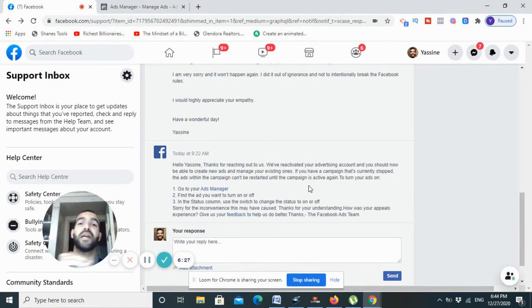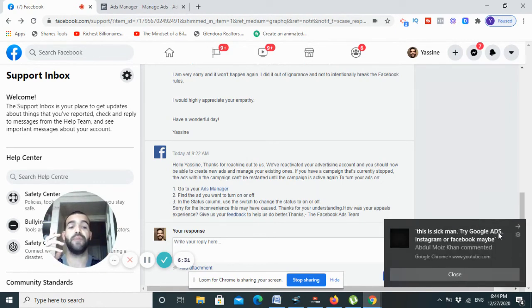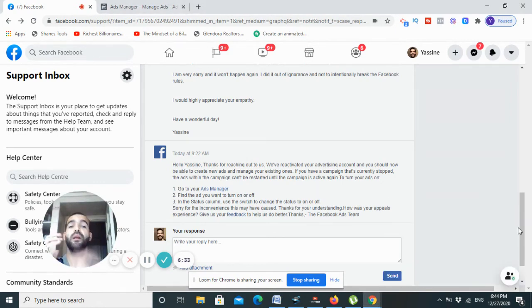Never target people who are under 18, and don't try to target people just to ask them to like and share the pages, etc., because that goes against the Facebook policy as well. That's something that I just learned.